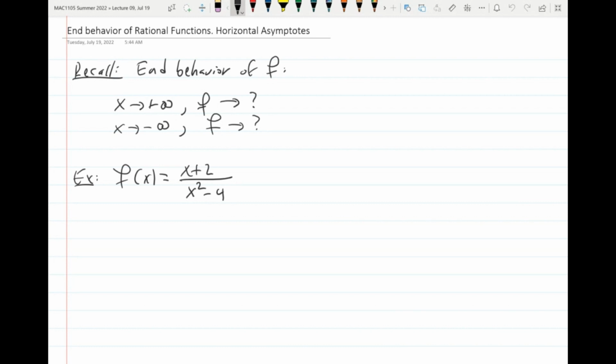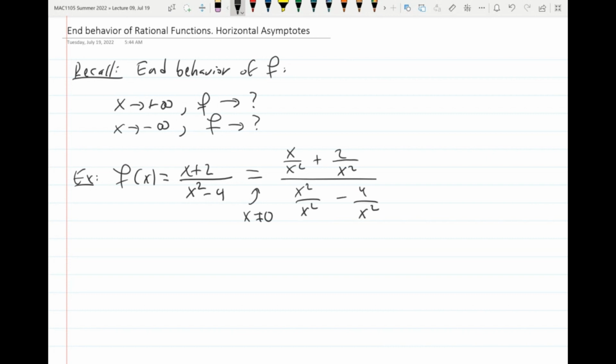So at the end of the day, we're going to write down a theorem that tells you just look at degrees, and the degrees will tell you what happens, okay? But let's try to understand this a little bit more. Because I want to know what happens when x is very big, I want to modify this expression a little bit, okay? In particular, because we're interested when x approaches infinity, if we assume that x is different than 0, because we're going to be far away from 0 anyways, I can go ahead and divide top and bottom by x, okay? In fact, I'm going to divide by the highest power that I see, which is x squared. So I'm going to do x divided by x squared, 2 over x squared, and then,